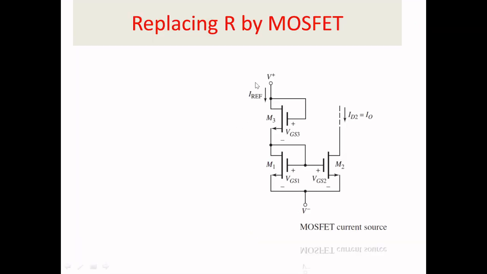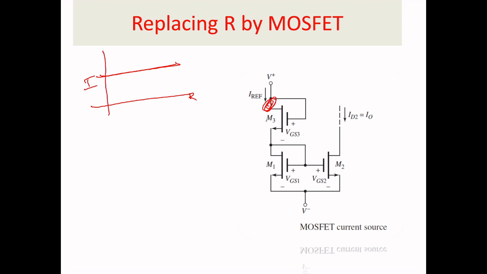Now in the basic current mirror circuit, we want to generate the constant current. Still we can make it more precise by replacing the resistor with some active elements. Here I replace the resistor with a MOSFET. By replacing it in this type of circuit, your stability will be increased.